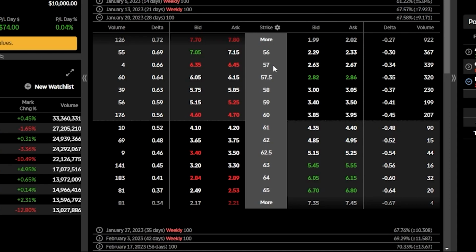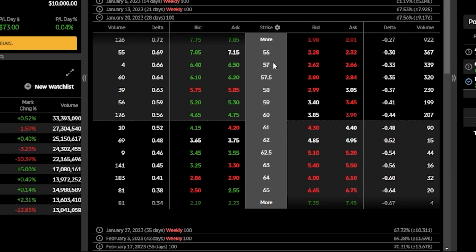It means we're not as directional as the previous trade. We don't necessarily need the stock to go in a certain direction to make money. It could just stay the same, it could go up, it could go down a little bit. Either way, we want to make money. So in this example, let's say we are slightly bullish on Square. Really, we just think Square is going to do a whole lot of nothing for the next few weeks, and we want to make money from that. So in that case, if we are more bullish than we are bearish, we're going to be looking at selling